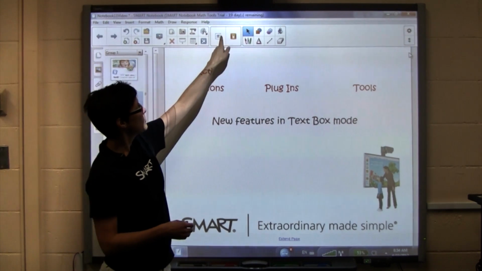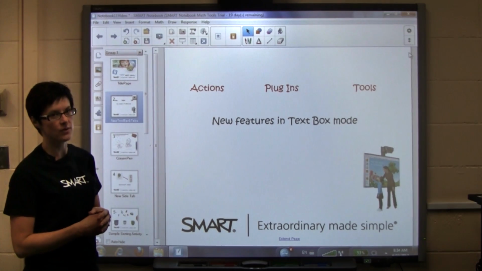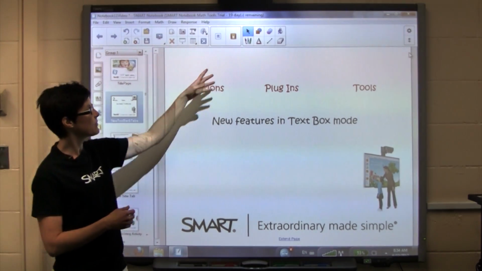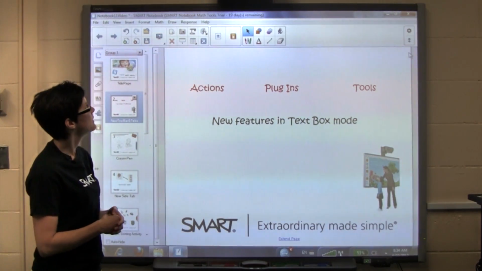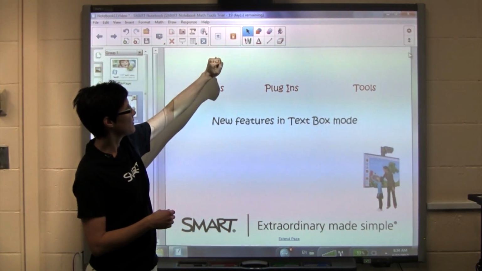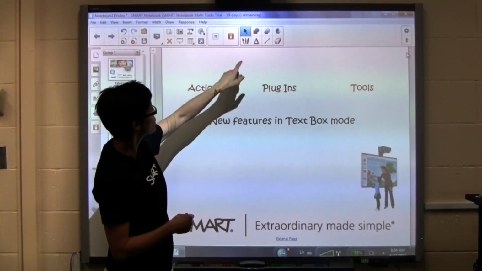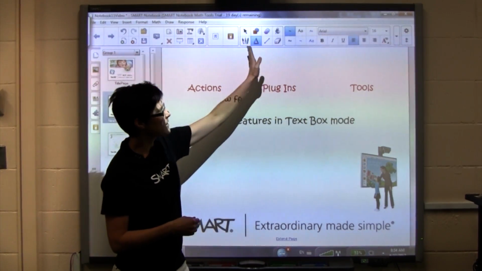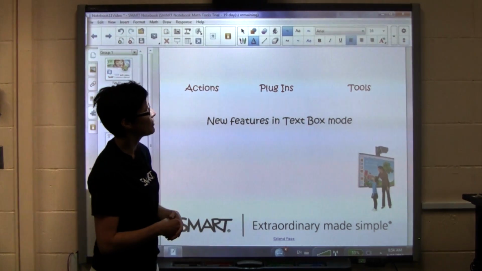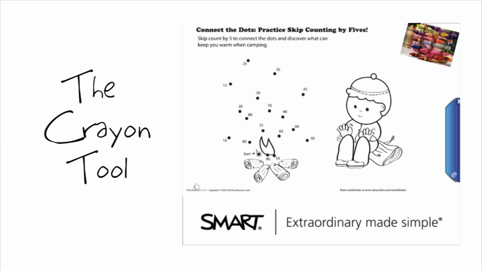The next section in the middle is called the plugins section, and this is for anything extra that you may have as part of your notebook software. Right now I have the Smart Response installed, as well as the math tools, the trial. So anything extra would appear in the middle. And over here is where you have all the tools that you would be used to seeing. So we have the different pens available. And you can see as you choose one, it opens up another menu here for you to be able to format that tool.